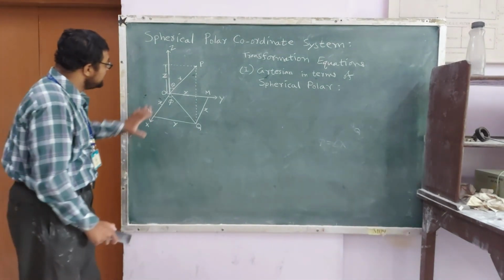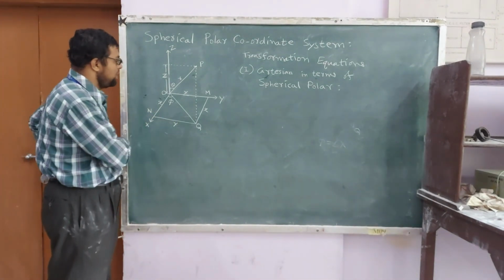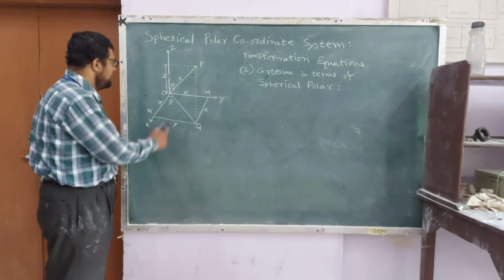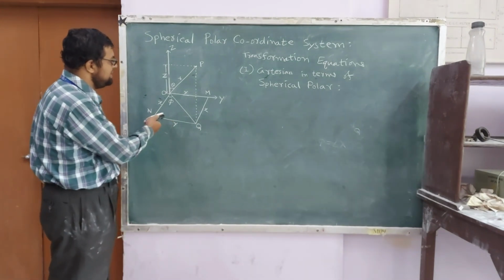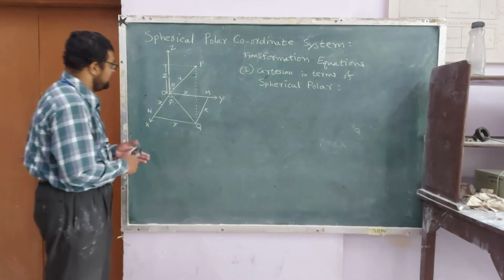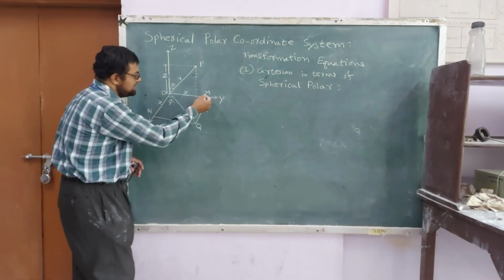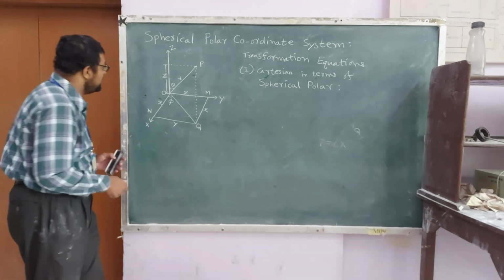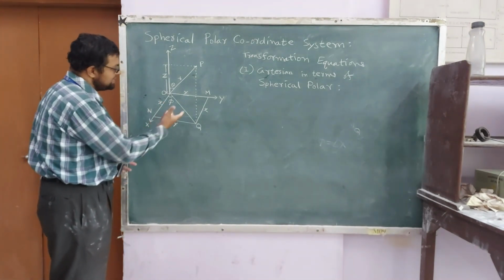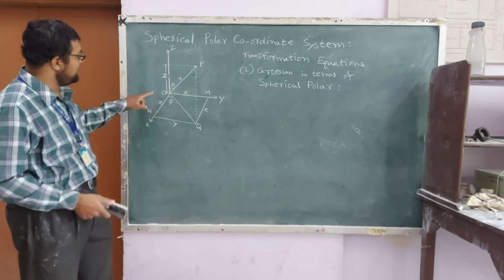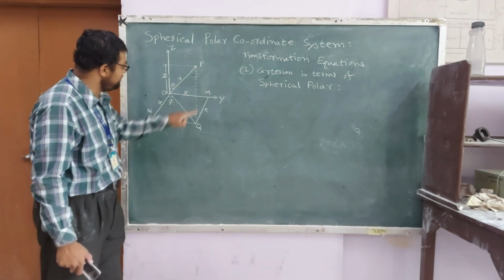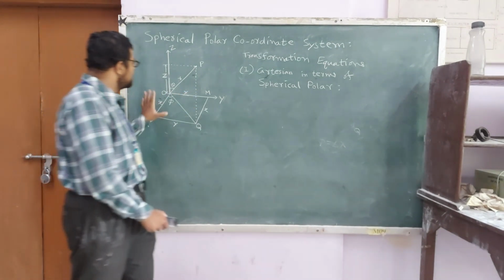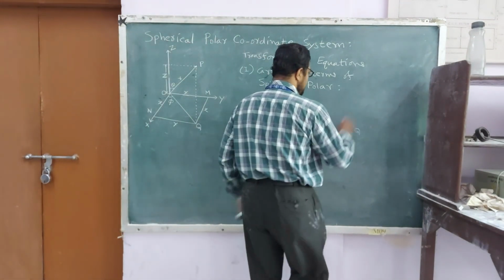So now we shall consider what will be our X coordinate. For that purpose, we have to consider the 90-degree triangle here, because this angle N as well as this angle M, both of them are 90 degrees. Okay, so we may consider any of these two triangles. So I will consider this triangle OMQ for the time being. So how will this triangle look?